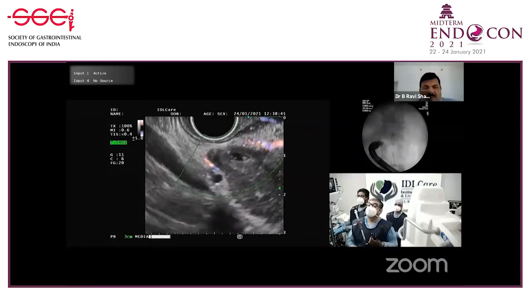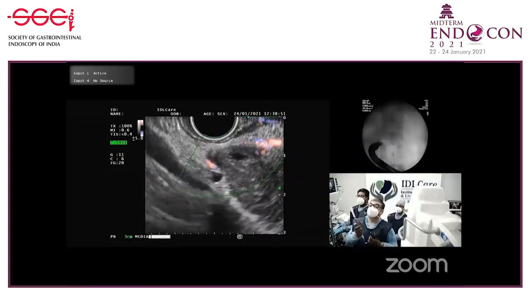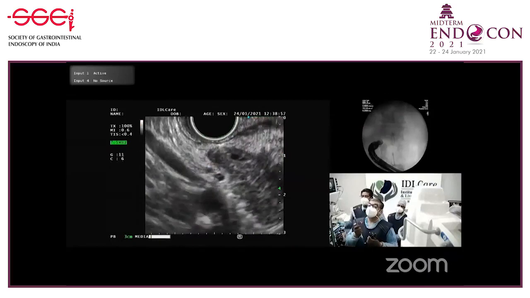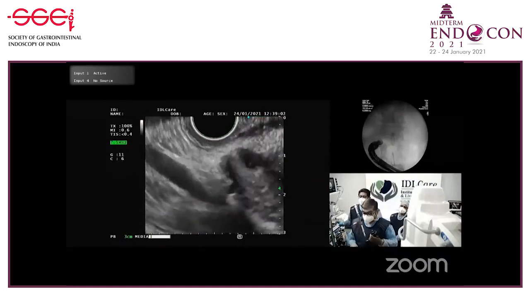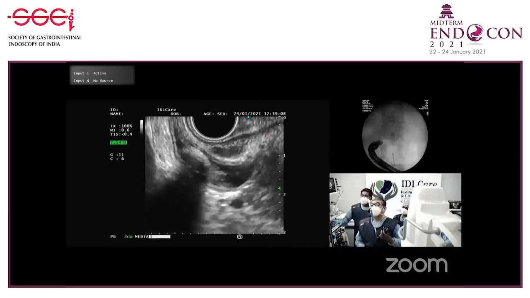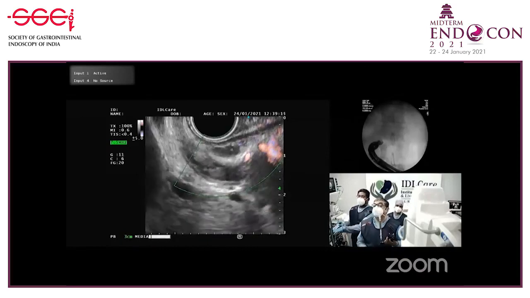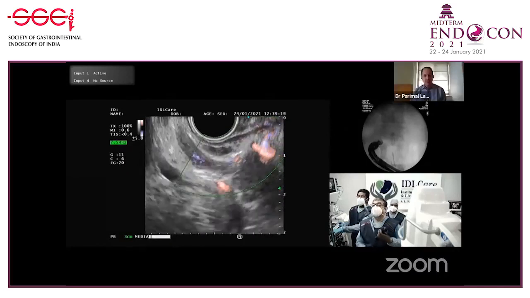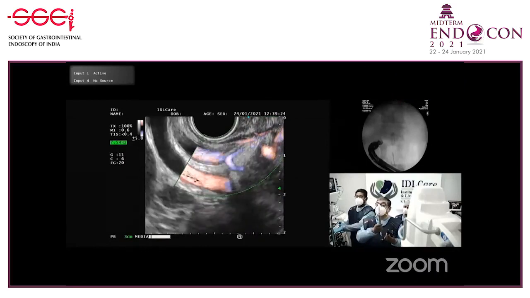What is the position of the patient you have kept, sir? Flat. I'll just make one more puncture. Otherwise, we go to the liver. No, this is not a safe position. So let's try from the liver. So these are the practical issues. See, this is a nicely dilated bile duct. Beautifully dilated. Doppler. But it is a problem to get a good window. So we come back, see from the liver what is happening.